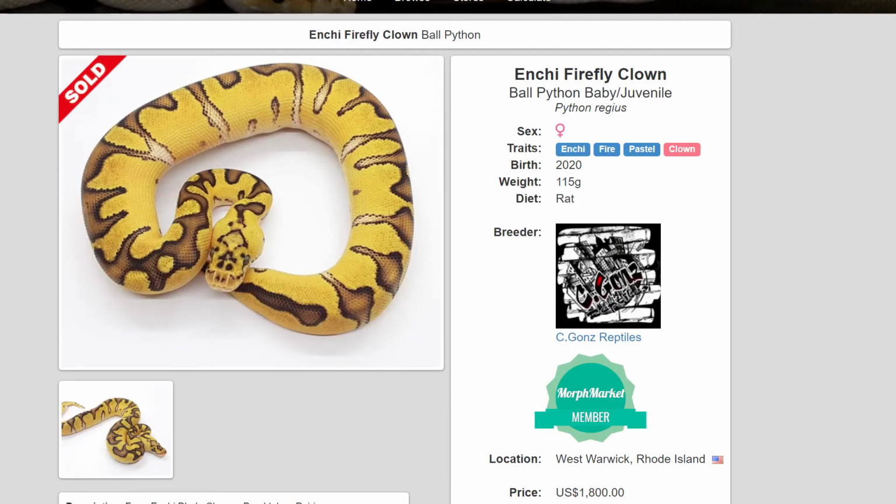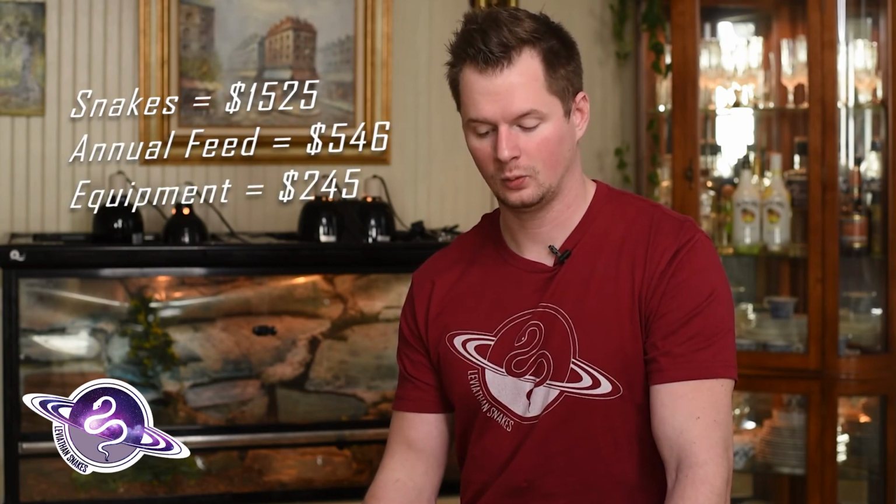Finally, the one that we're really, really, really wanting to hit from our fire clown male to het clown Pastel Inchi female is a firefly Inchi clown. And this is a gorgeous snake. It's also worth quite a bit of money, $1,800 for this one. So once we factored in all of the initial expenses that we paid for the snakes, the feed for them during that first year, and all of our equipment, we are looking at spending about $2,400